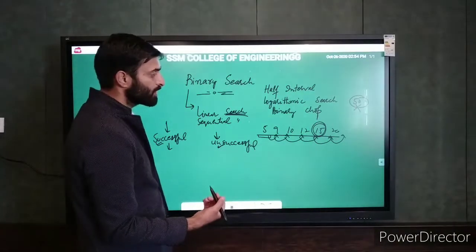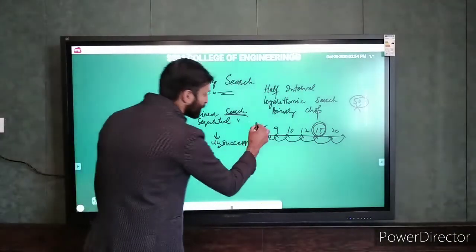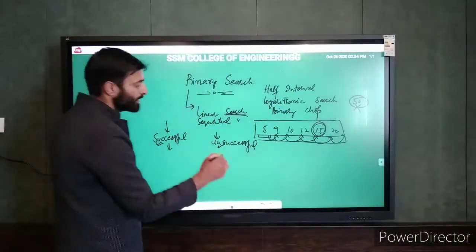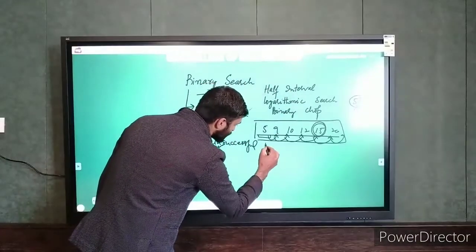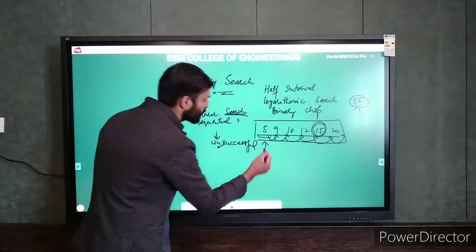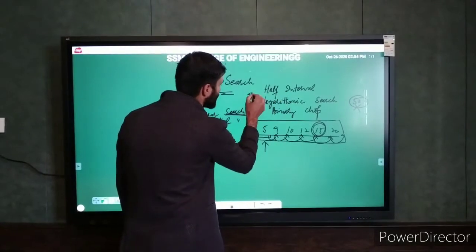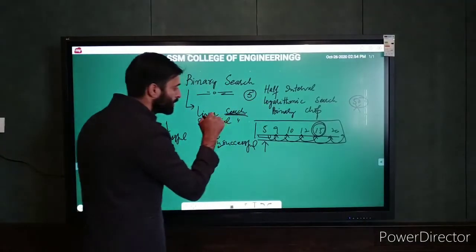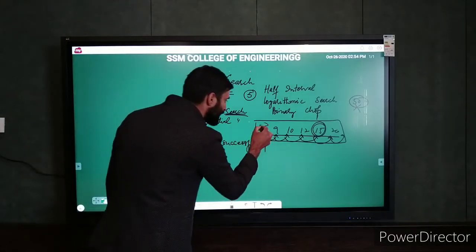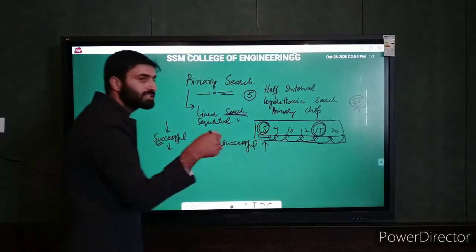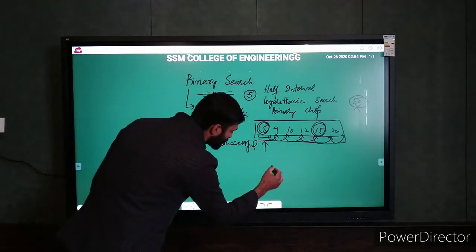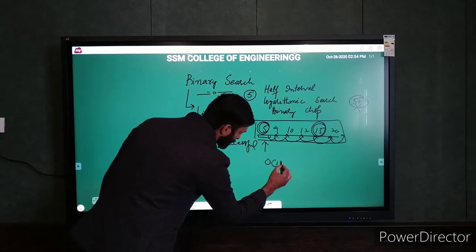One more thing I am going to clear over here is the performance analysis, or the time complexity of linear search. When the element to be found is at the first location, for example if I am going to find the element 5, I will find it at the start of the array, so its complexity would be of the order of 1, right?